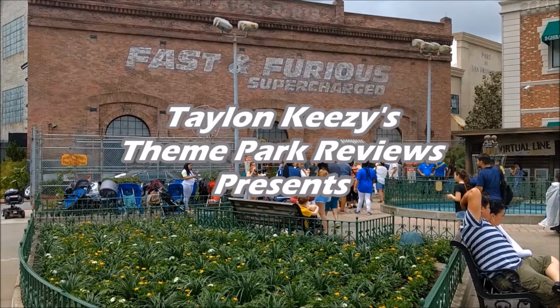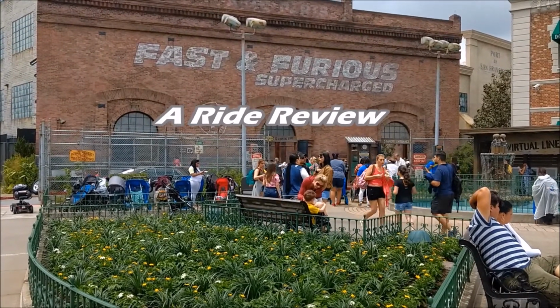It sucked in Hollywood, but will it suck here? Stay tuned. Fast and Furious Supercharged. It is a new attraction that is a dark ride motion simulator that was ported over